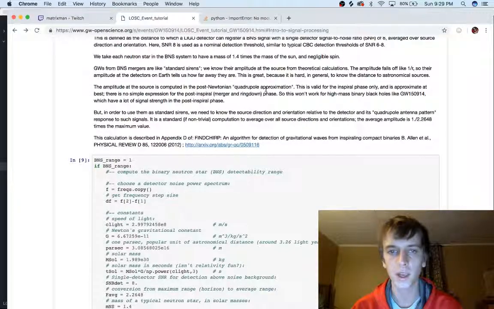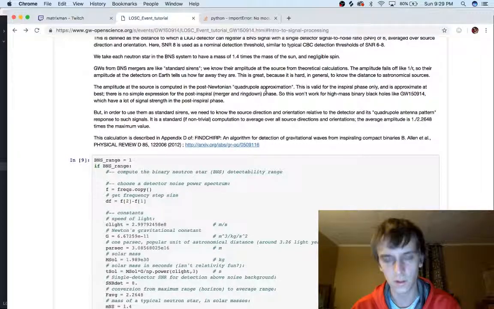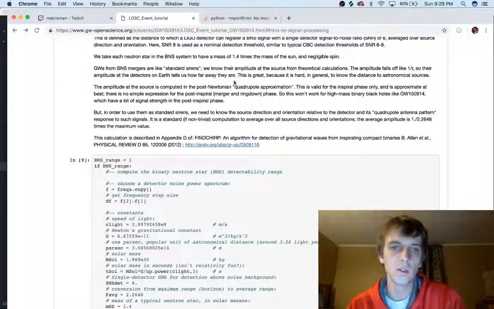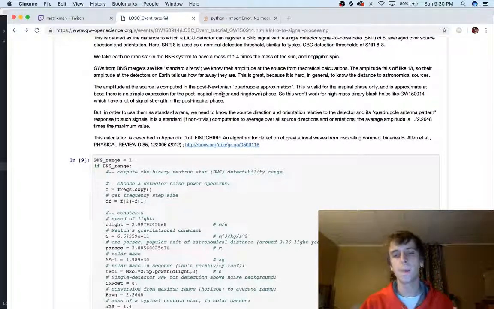That's related to the Einstein equations and the Newtonian equations. So they're using a post-Newtonian. Wait, what is this? In the post-Newtonian quadrupole, they're using a quadrupole approximation, which I don't really know what it is. During the in-spiral phase of the signal, I think the in-spiral phase is the